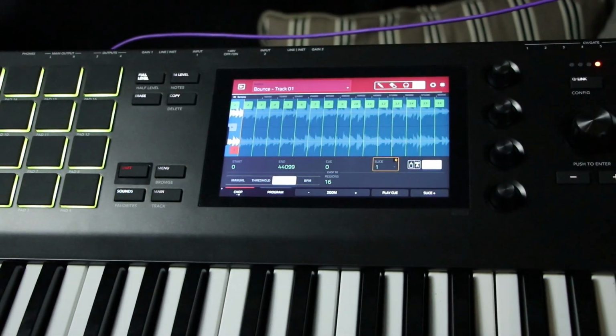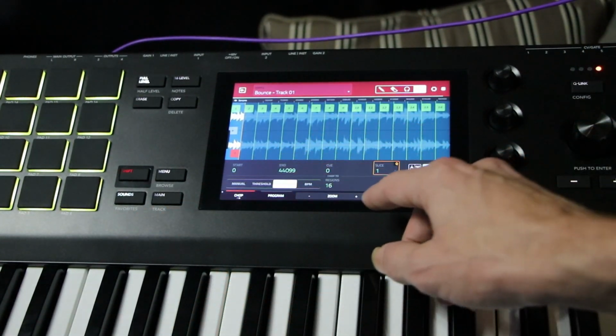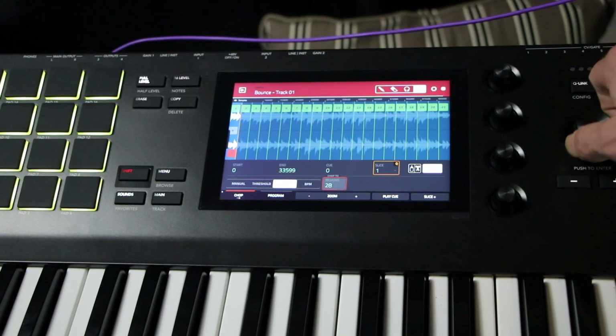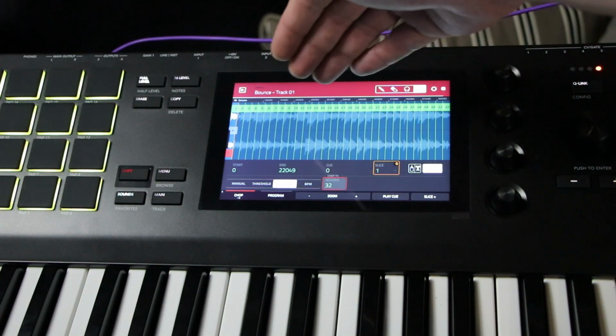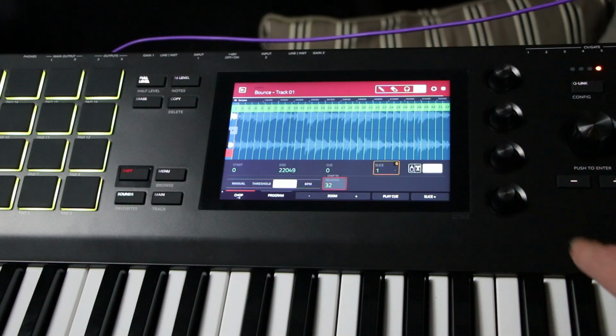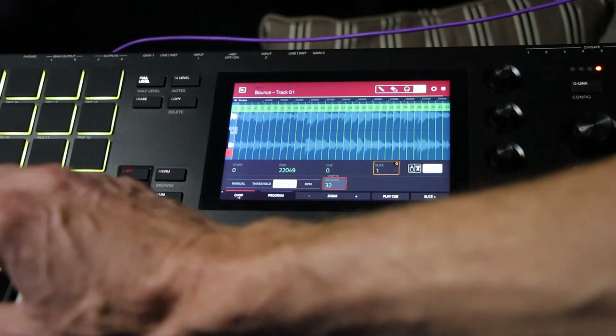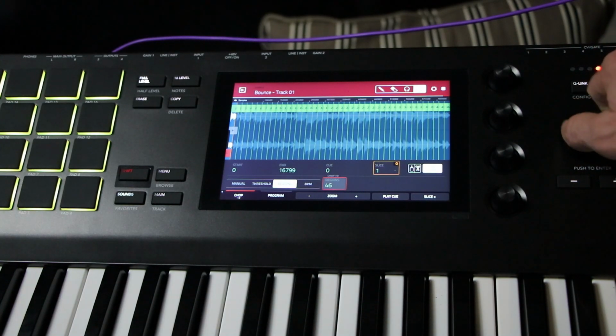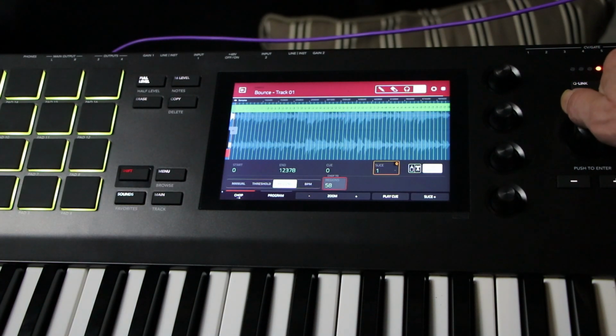But now that we have it on the MPC keys, I want to stretch them across my keys. So I'm going to put this for 64 regions, or if you only want to do 32, it'll stop dead center of your keyboard. This way you can have another 32 on this side. If you want to play a synth on this side and samples on this side, you can do that. But I'm just going to stretch them full all the way across the keys to show you the low note and the high note